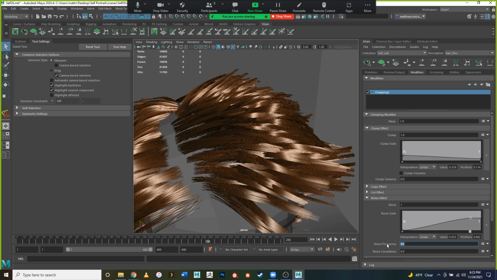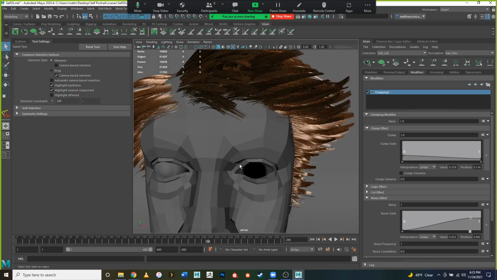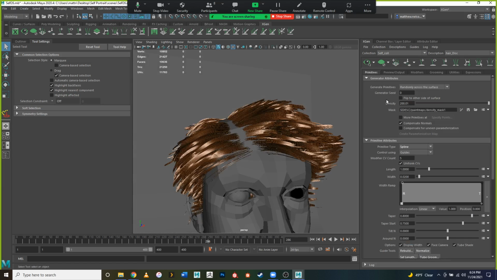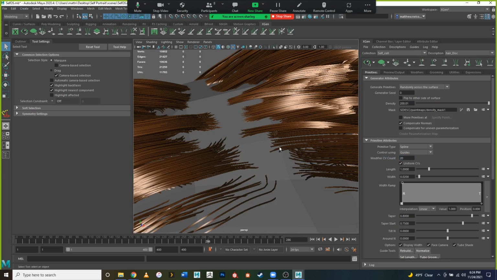Noise frequency, we can do like 1. So we can increase them a small amount. But if we go back into primitives, this modifier CV count is normally set to 5, and 5 is okay for very short hair, but for longer hair, you'll want to have more CVs. So if we go back to 20, you can see that we're